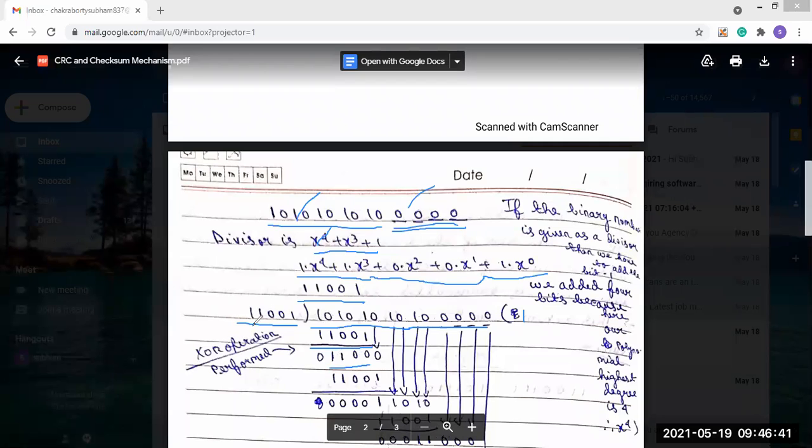But our divisor is of length 5. So what we have to do? We have to put this 0 here, because our leading one is this, and here the first 0 means there is nothing. We can omit that. So from here we start 1, 1, 0, 0, 0, and we take this 0. So it will be converted to 5 numbers. So 1, 1, 0, 0, 0, 0. Then next again into 1, it will be 1, 1, 0, 0, 1.